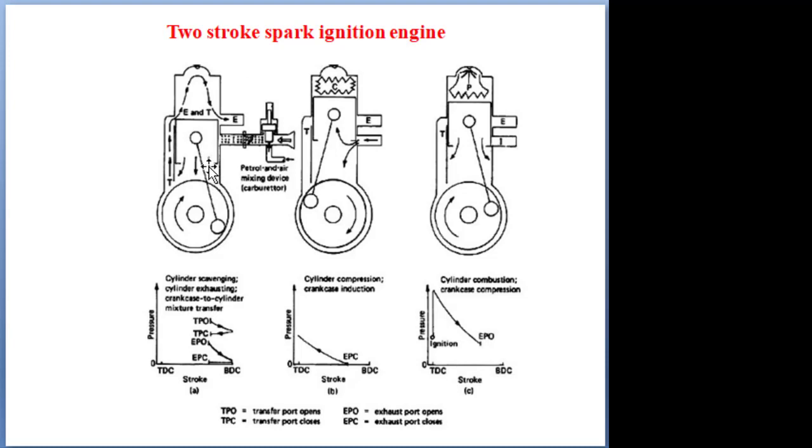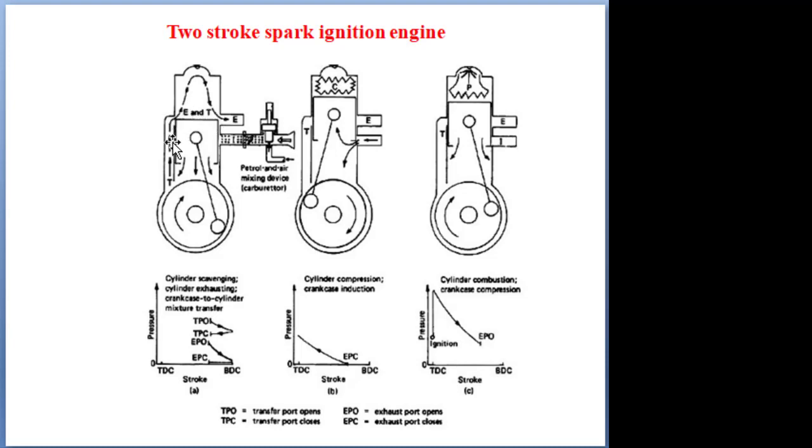You see the stroke. Suppose the piston is moving from TDC to BDC after combustion. First it will open the exhaust port. After the exhaust port opens, the majority of the exhaust gas rushes out from the cylinder. With further movement, the transfer port opens. Semi-compressed air fuel mixture is already available in the crankcase. This compressed air fuel mixture enters the combustion chamber area, and while entering, it throws out the remaining exhaust gas in the cylinder. It is called scavenging, cross scavenging.